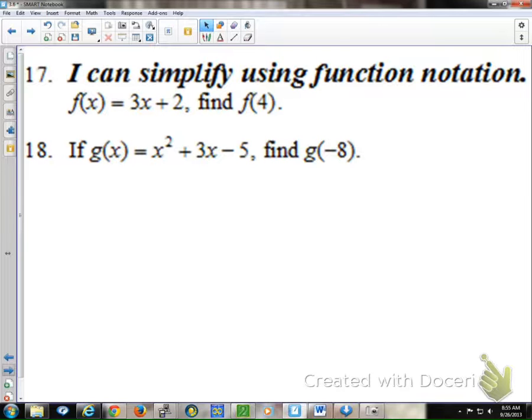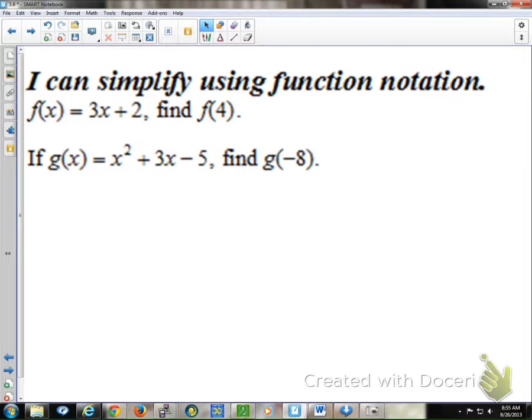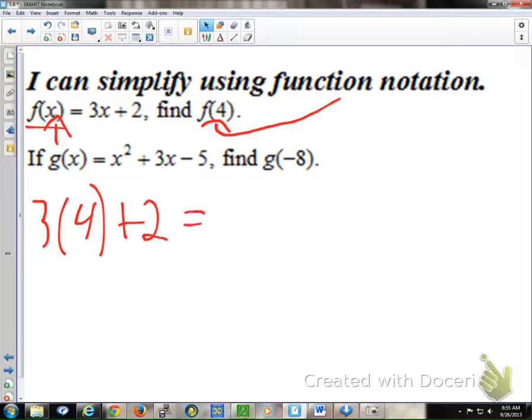Oh, but okay. This was the DOM. Function notation. One of the biggest points of function notation is that it makes things obvious, so they don't have to say, hey, here's a function or an equation, plug in this number. The whole point is that they don't have to use such long terms; they can just put it like this. If your function is f, then plug in 4 for whatever the variable was. In this case, x. So plugging in 4 for x, that was 3 times 4 plus 2, which was 12 plus 2, 14?